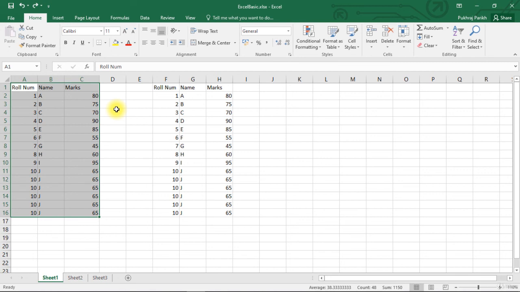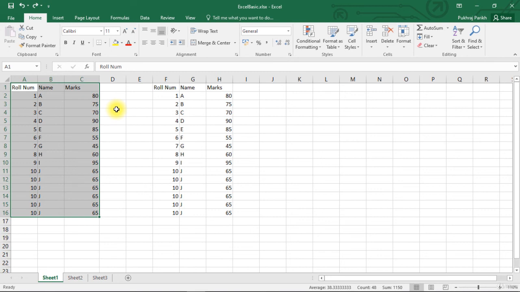Let me give you a quick summary of what all we covered in this lecture. We learned how to do cut, paste and copy paste. For cutting and pasting, the shortcut was Ctrl X and then Ctrl V. For copy and pasting, the shortcut was Ctrl C and then Ctrl V. We also learned to navigate within a table using just arrow keys or Ctrl plus arrow keys.